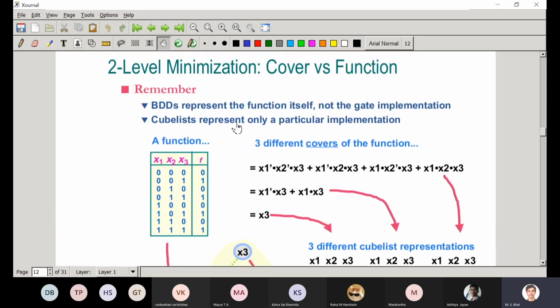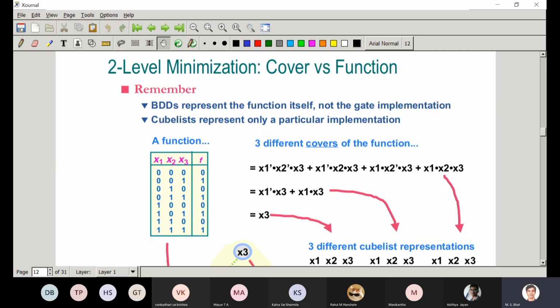So here is an example. This is our function f. Okay, function f gives you an output 1 when x1, x2, x3 take the following values: 0, 0, 1; 0, 1, 1; 1, 0, 1; and 1, 1, 1. Under these combinations, the function value is 1.